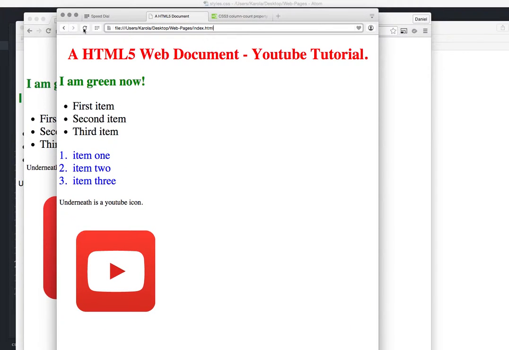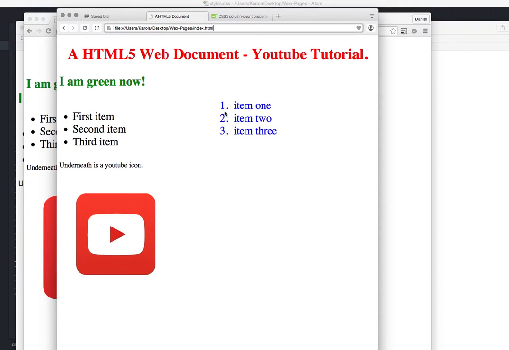There we are. So it all works with the WebKit, but if I take away the WebKit,